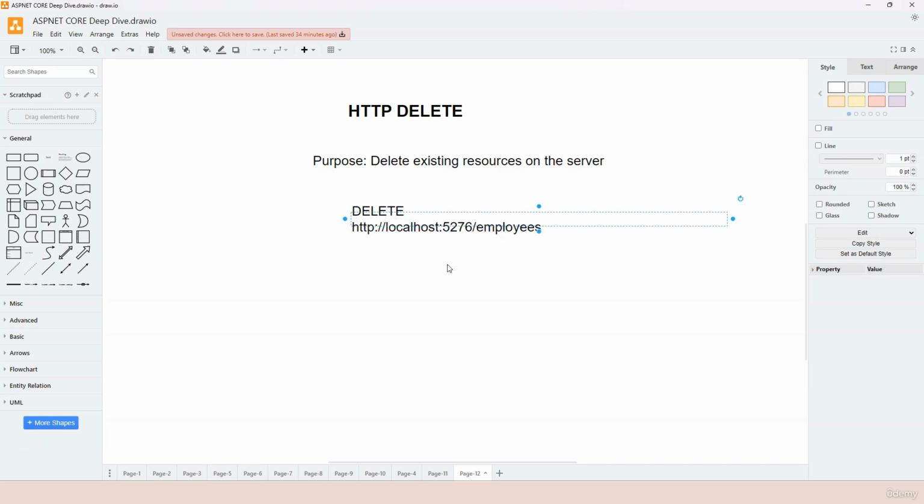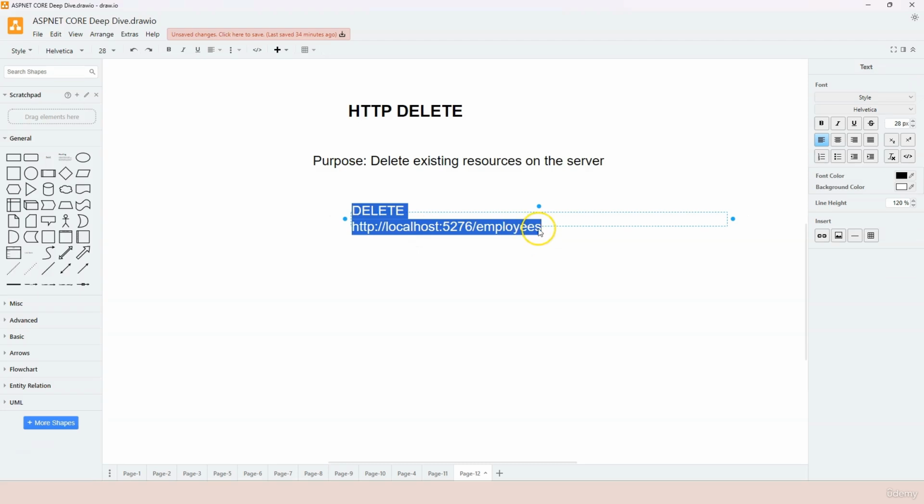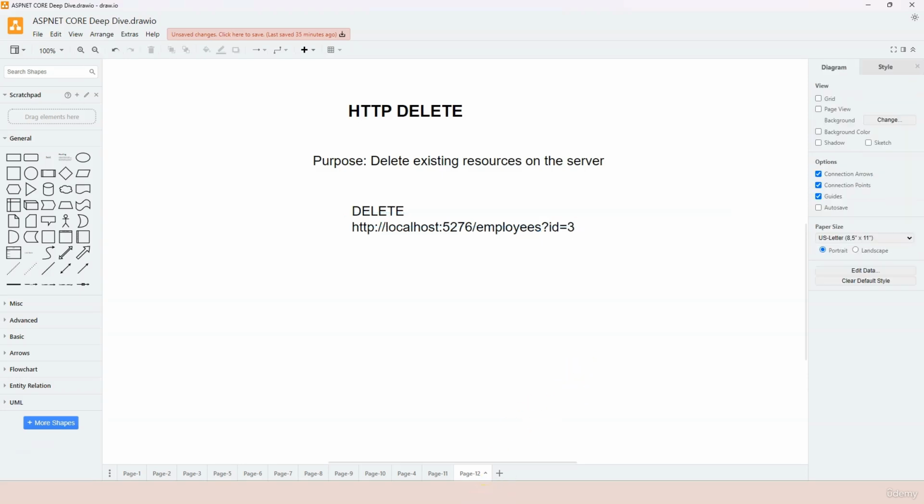From the application point of view, we want to specify which employee to delete. That's why we learned the query string in the previous video. So here, instead of just using the URL like this, we can add a query string. We can say we want to delete employee number 3. All right, so let's jump into Visual Studio and let's use this type of routing to locate our endpoint handling